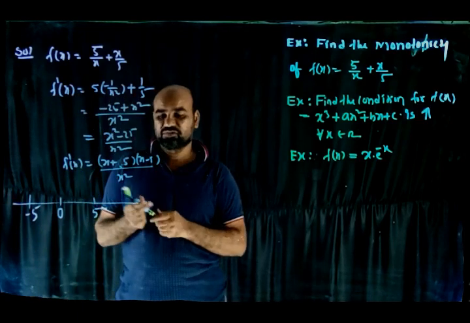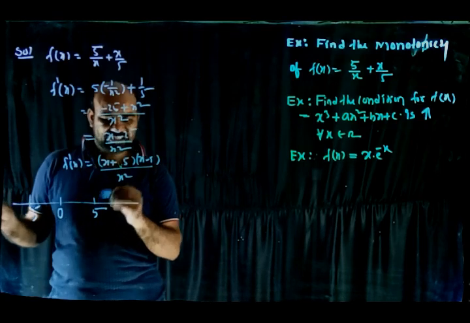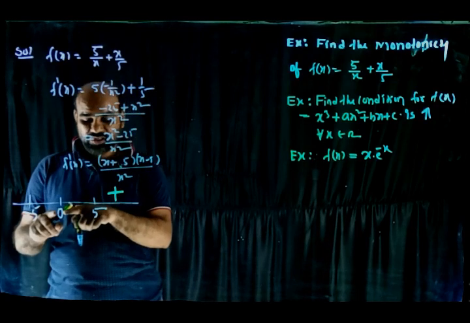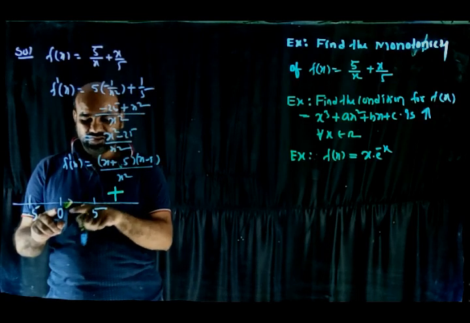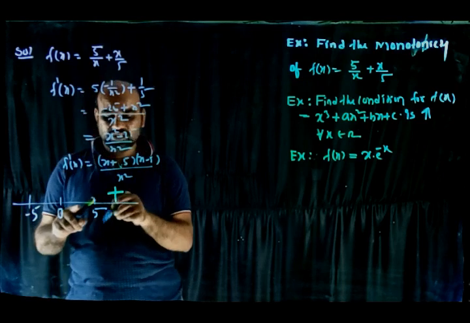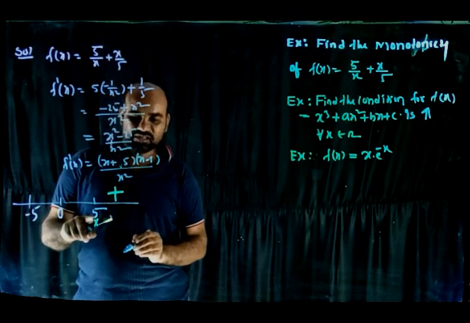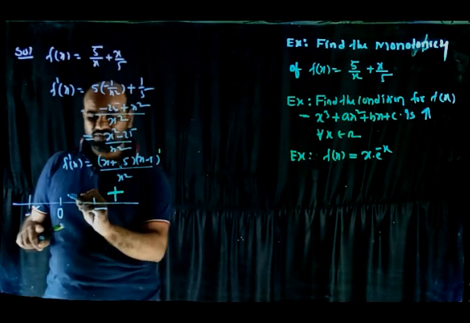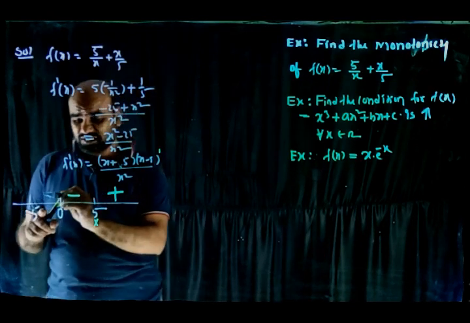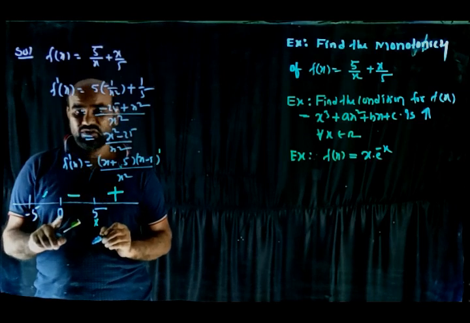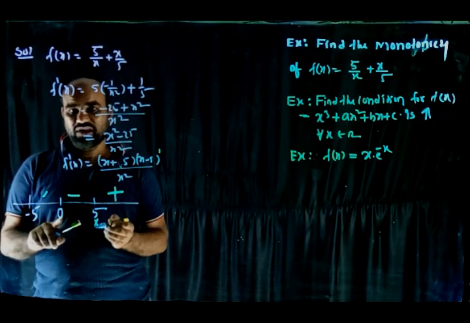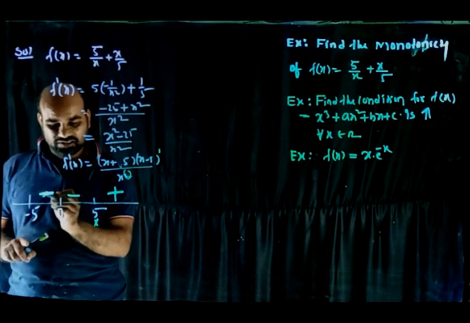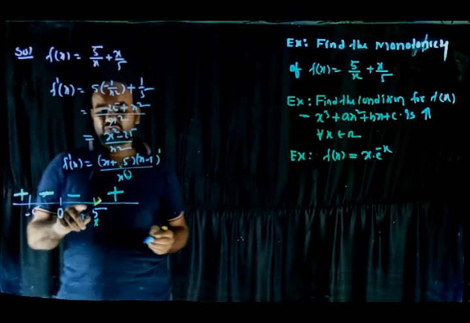Now the sign scheme. We know that for values of x greater than 5, the total expression is positive. For the values from 0 to 5, what the sign is depends upon (x minus 5) to the degree. If the degree is odd, the sign will change. So whether it is plus or minus depends upon this zero of x only. If the degree of x is even, the sign won't change: minus again minus, here plus. So what happened?